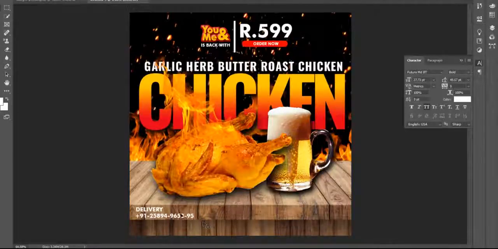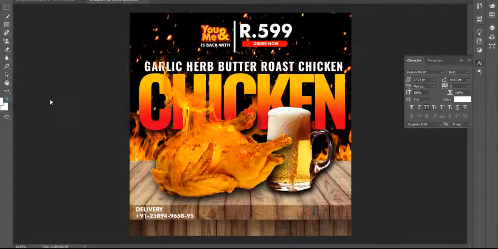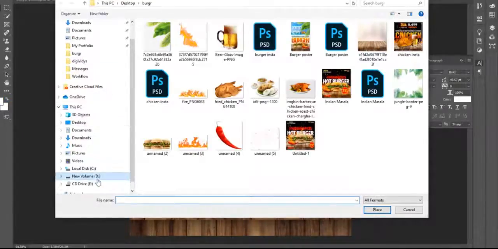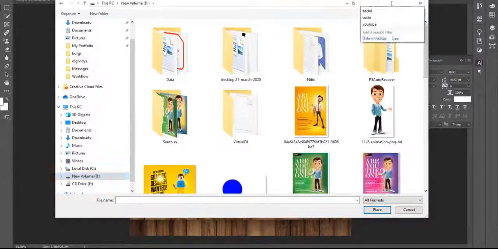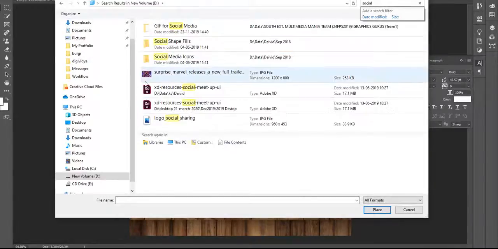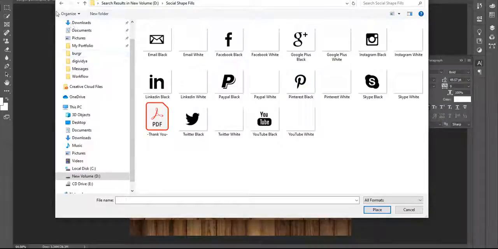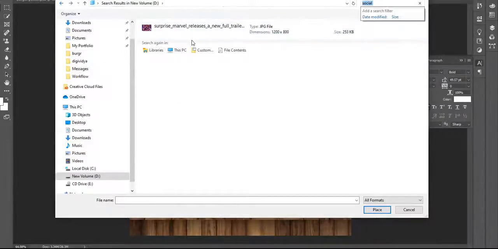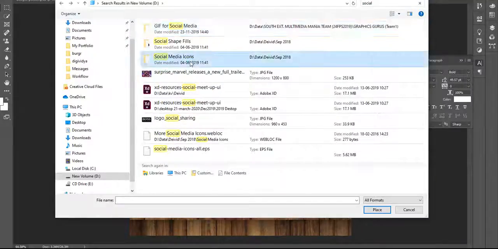Call here, and I need some social network icons. I have some social network icons. I go to Place Embedded and go to the D drive and search for social network icons.